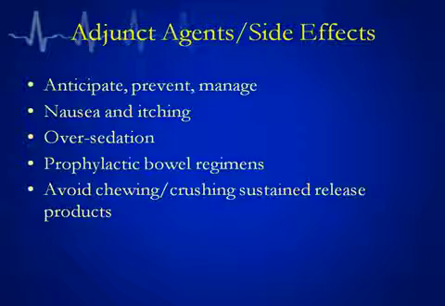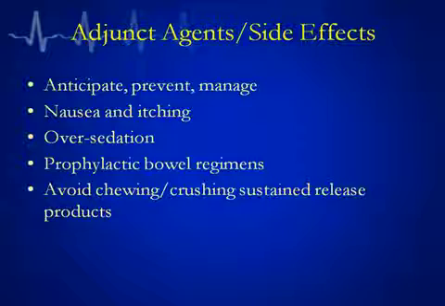Over sedation. Just start slow and don't hit them real hard. You don't want to over sedate these folks. They don't do well when you give them Narcan. Very different from the patient that comes in after a heroin overdose or a big opiate overdose in the field. You whack them with Narcan. You give these older folks a little bit of Narcan in the patient that's already opioid dependent, and you throw them into withdrawal that you haven't seen before. They don't do real well with it. So obviously if you have to, give tiny, tiny doses of it just to reverse them. Don't give them the 2 milligrams of IV Narcan because it's very, very unpleasant for the older folk and for